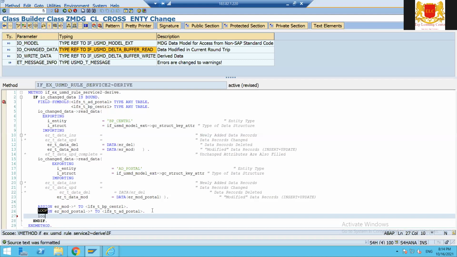So I'll have to loop inside this loop at LFS_T_BP_central. No, it has to loop at AD_postal, because I'm going to read from postal, assigning field symbol LFS_S_AD_POSTL postal. So once this is assigned,